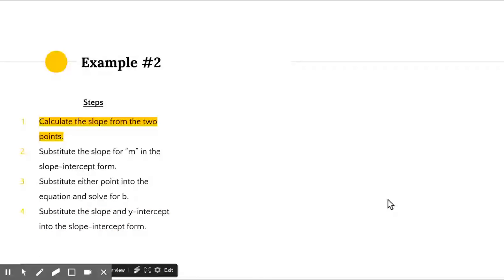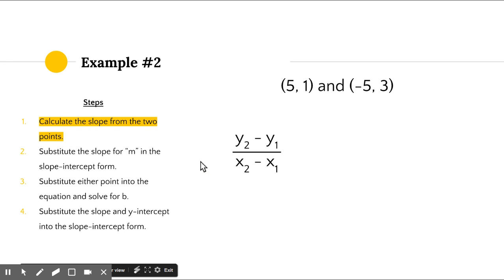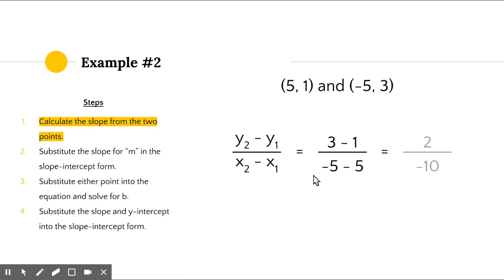Let's look at another example like this. So first step, we need to calculate the slope. We have our slope formula, and we're going to subtract our y's and then our x's. So we have 3 minus 1 and negative 5 minus 5, which gives us 2 over negative 10, which reduces to negative 1 over 5. So now we have our slope,